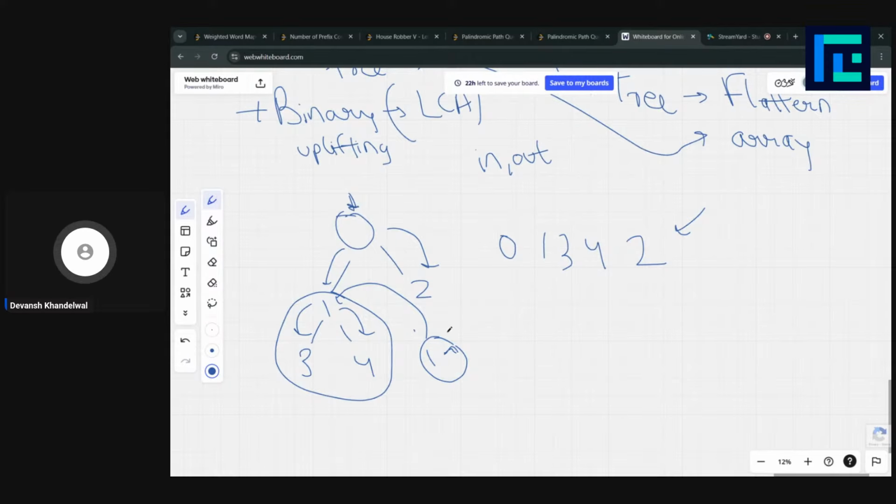In this array, we know that the subtree of 1 would start from 1, and a few elements after it would be in its subtree, right? So we would have this in and out time for each node. In and out time would tell us how many nodes after it would be in its subtree, right?